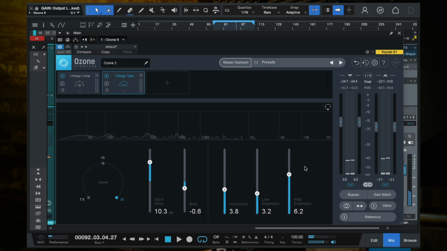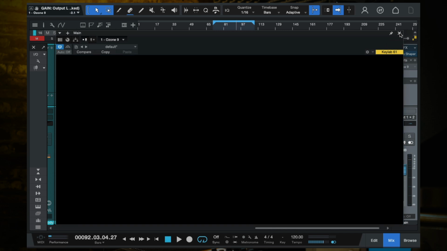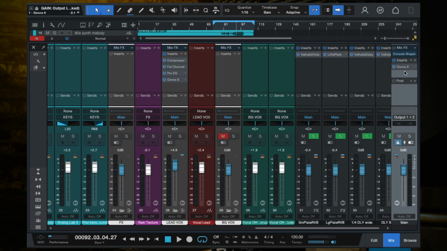So we added some nice tape saturation, and I boosted the high emphasis here, which helps bring out the highs a little bit on the top end, which I love the sound of on this mix. And so that's the first step. We're starting at the very top, and now we are going to work our way down